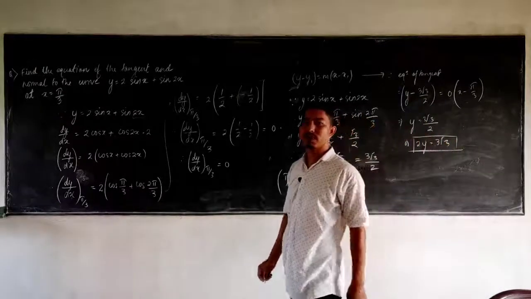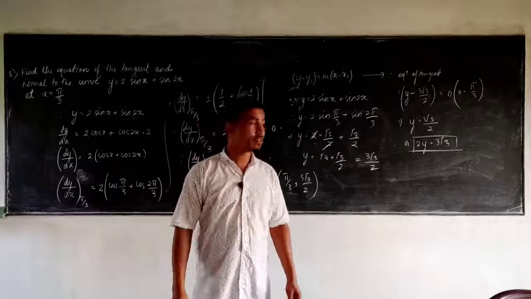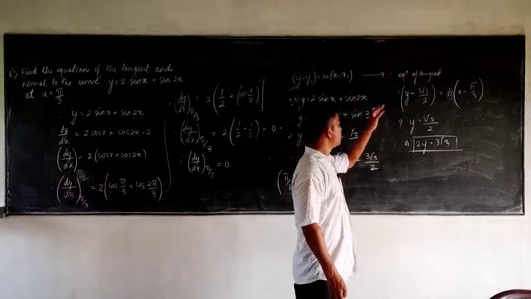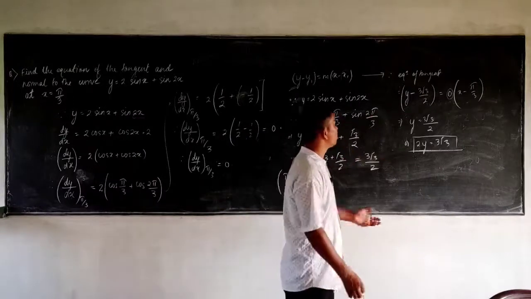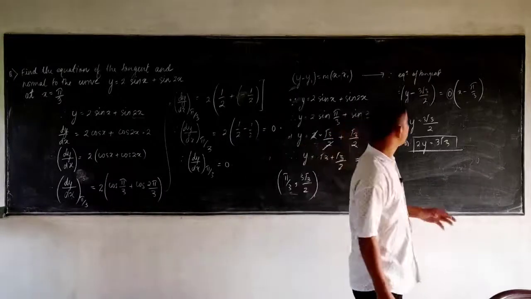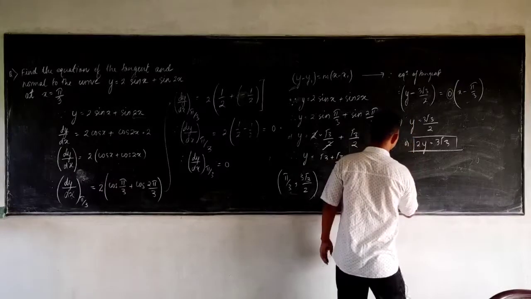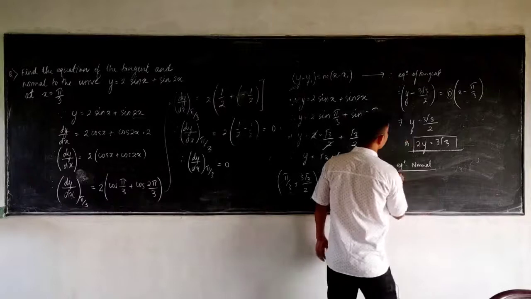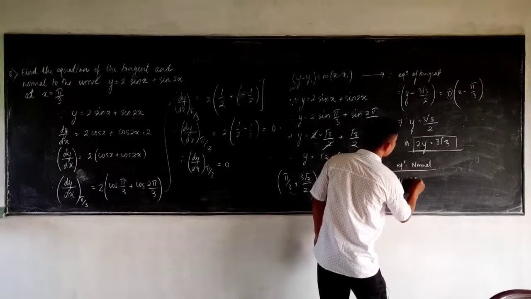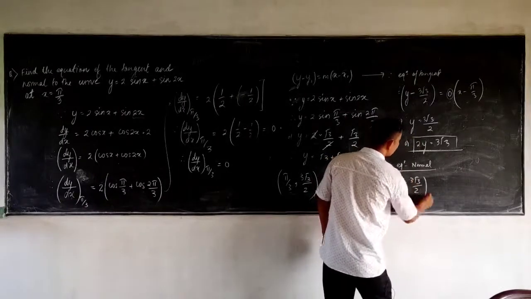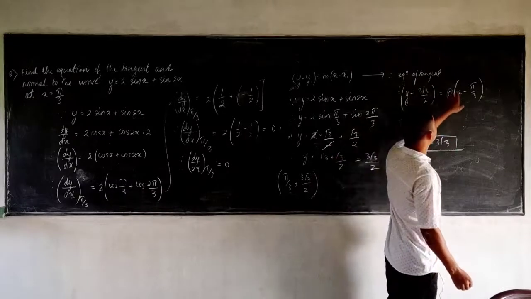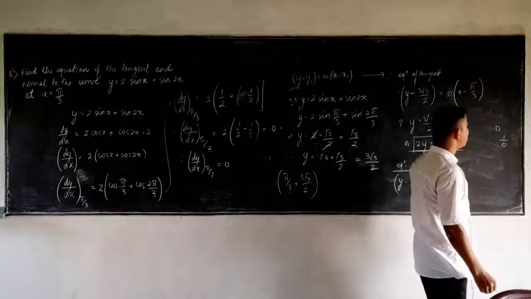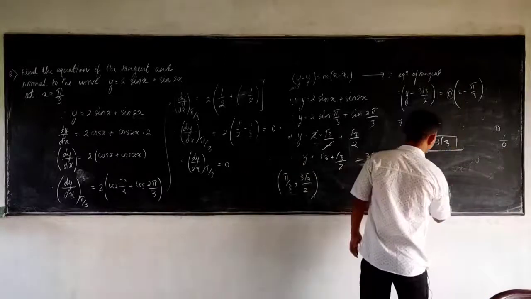Okay, so that is how we find the equation of a tangent to a given curve at a given point. Once you find the equation of the tangent, it's very simple to find the equation of a normal. So simply I reverse it. So therefore the equation of the normal here will be y minus 3 root 3 divided by 2. Now reversing this one, what do I get? The slope is 0, so I get 1 divided by 0. So 1 divided by 0 is undefined. So on this side I get undefined.